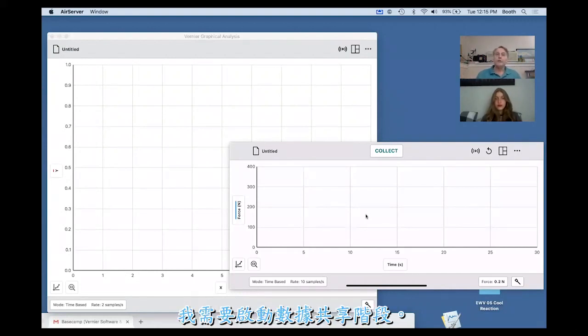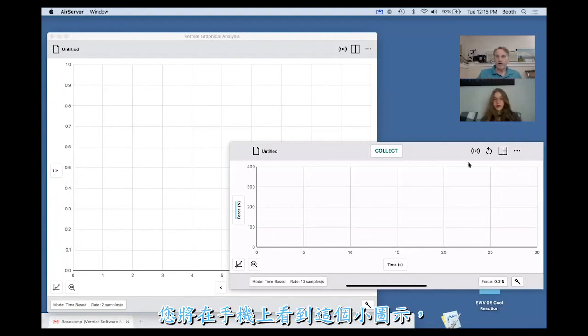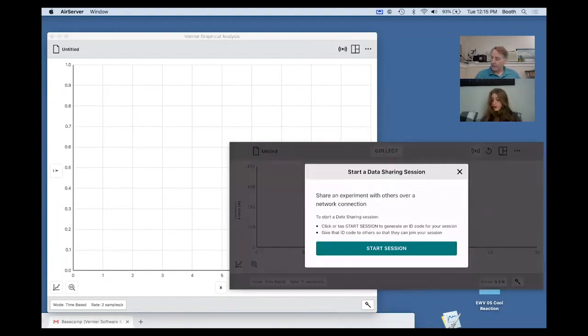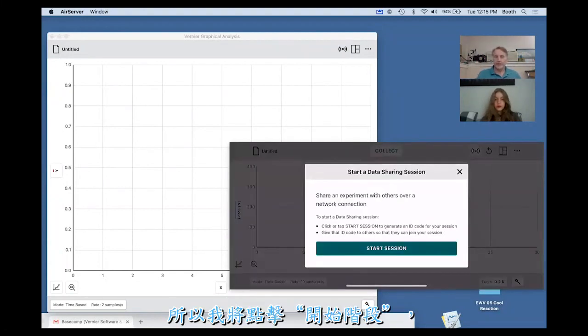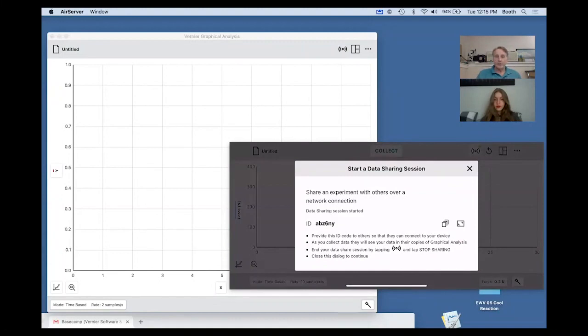And so what I need to do is start a data sharing session. And the way this works is that on my phone, you'll see the little icon right here. And when I tap there on the phone, it says start session. And so I'm going to tap start session. And that ID code is what a student would type into the Graphical Analysis Pro to be able to do